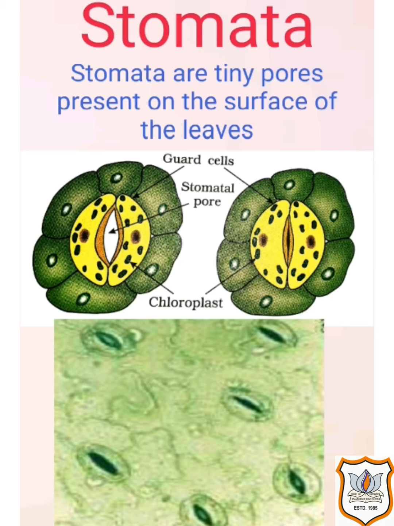Now, function of guard cells. The opening and closing of the stomatal pore is a function of guard cells. The guard cells swell when water flows into them, causing the stomatal pore to open. The pore closes if the guard cells shrink. Generally, a plant closes stomatal pores when it does not need carbon dioxide for the photosynthesis process or in conditions of water stress.